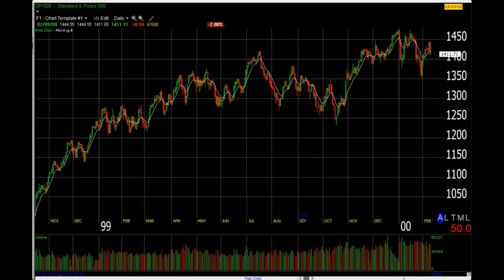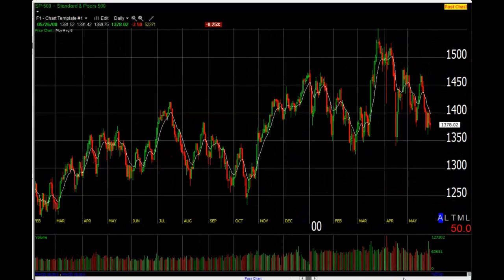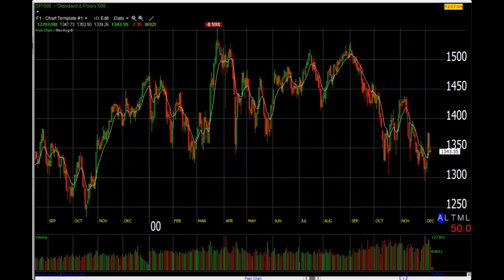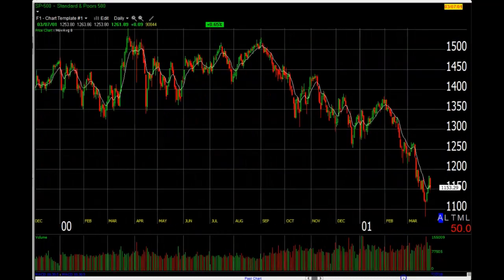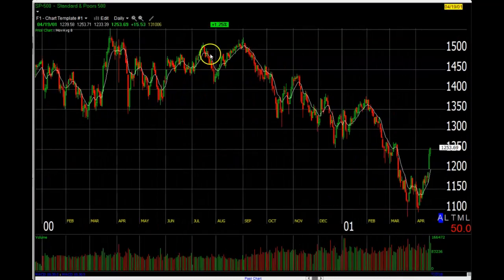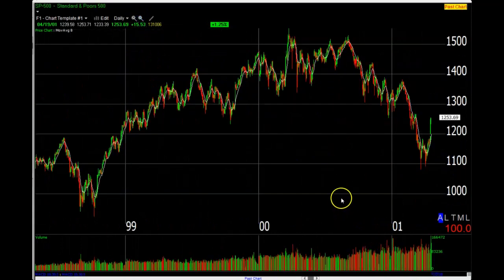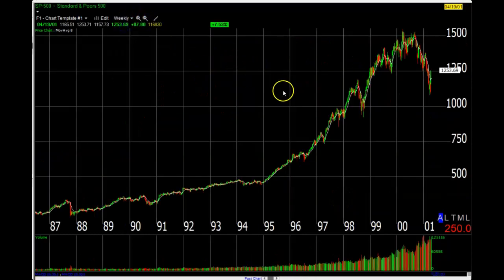Now, historically, it hasn't been very good for high growth stocks that are losing money. But as long as you are diversified, I have some stocks that are high growth names that are losing money. I want to hold on to these for the long term, but I'm also well diversified as well. Let's actually go to the weekly chart so we can see all of it. But you can see the tightening cycle happened right about here, and the market went on a huge run.